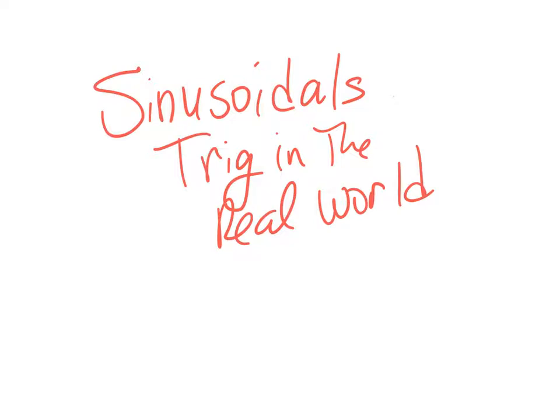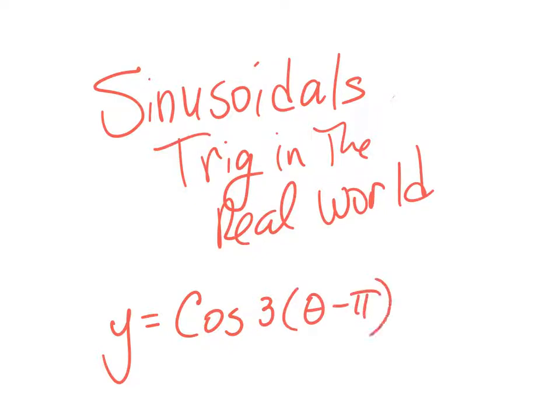Okay, so I want to give you another little session on trig in the real world and making sinusoidals. So if you've got a cosine graph that does this, I hope you've learned now that this is the b term and that you can figure out this thing's period from looking at that b term. So the period for cosine is normally 2 pi over b, and I know b is 3,